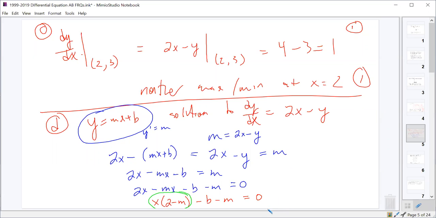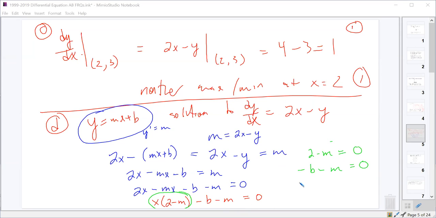Well, all that could simplify down to 0, and then it would be equal. True if I knew the values of m and b and x, but I don't know all those things. Right? The number of x's on the left has to equal the number of x's on the right, which means that 2 minus m x's has to equal 0 x's. And all of the constants on the left, negative b minus m, need to also equal the constant on the right, which is 0. So both of these things need to be true,